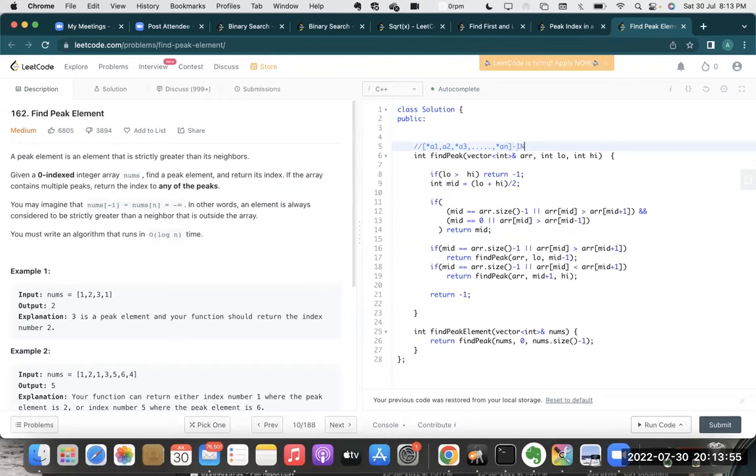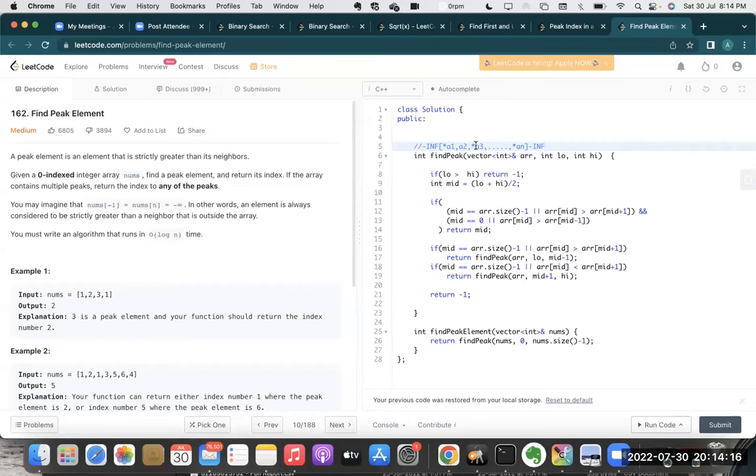Here is minus INF and here is also minus INF. This is provided by the question. So this will always be uphill and the last number will always be downhill. Okay? So now if my mid is uphill, of what peak I don't know, and my high is downhill,